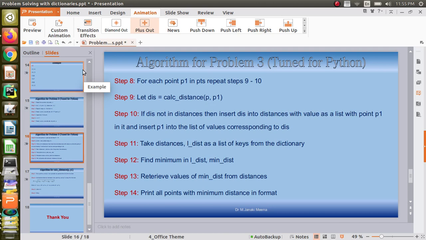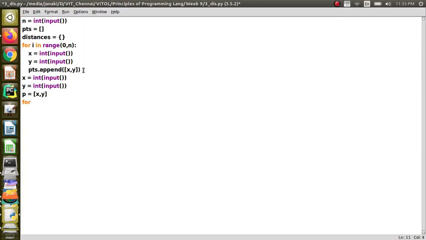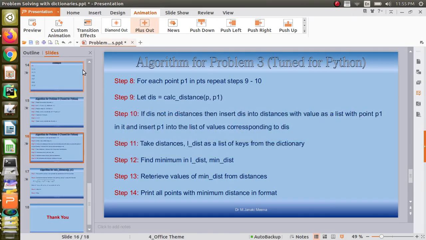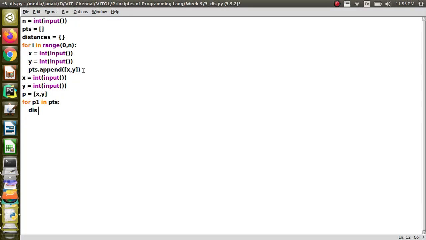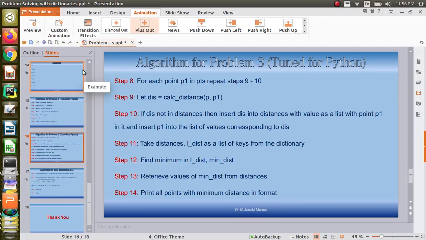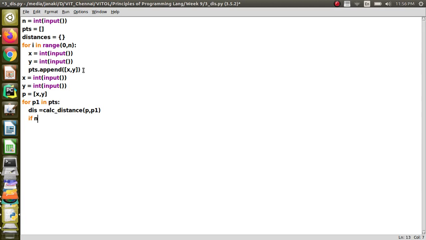For each point in points, right. So for P1 in points, we are going to take one by one from the points list. We are going to calculate the distance equal to calc_distance of P and P1, and then after finding the distance, you have to check whether it is present in the dictionary.